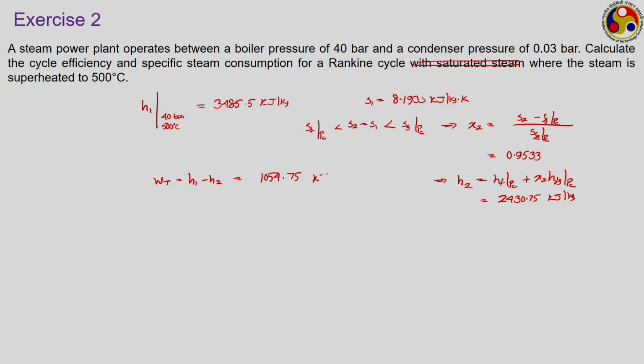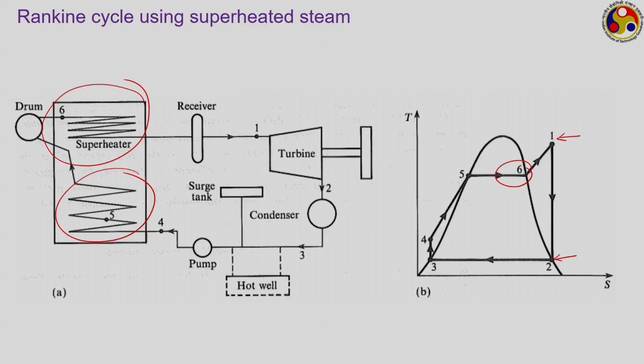So, the turbine work is equal to H1 minus H2, that is equal to 1054.75, which is definitely higher than the previous case. The pump work remains the same that we had, because pump size information we have not changed. So, the pump work was 39.97,